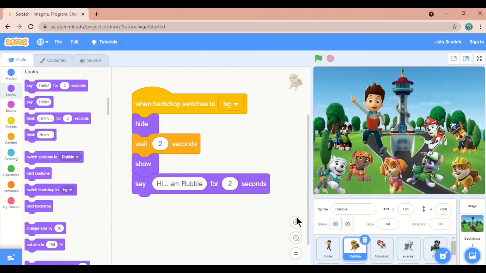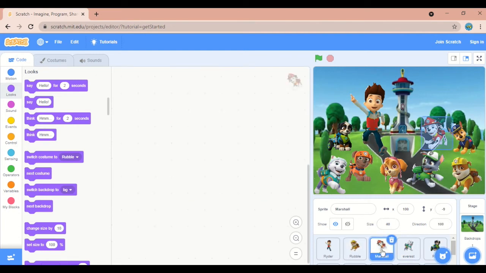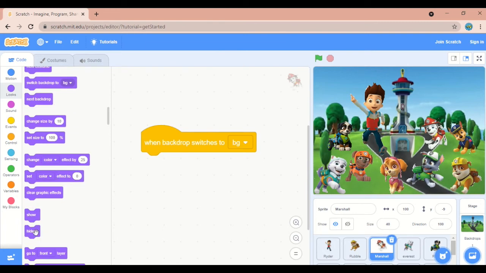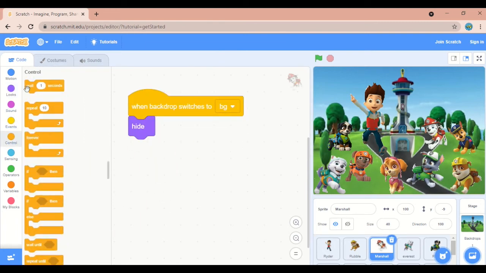For that, we will choose the next sprite, Marshall, this one. Then go to the event block. When backdrop switches to BG, it should be hidden. So go to looks, hide, then wait for some time.